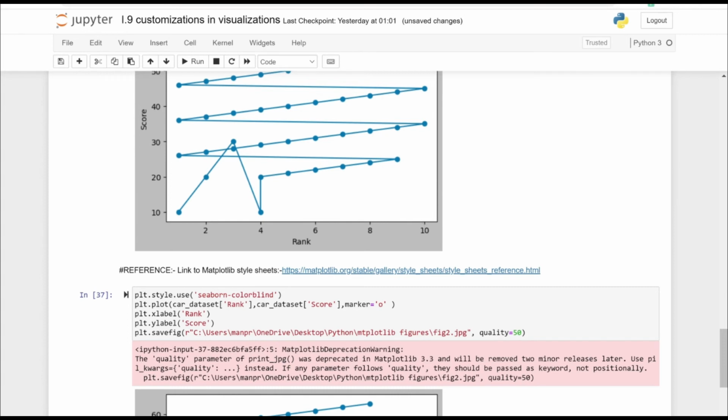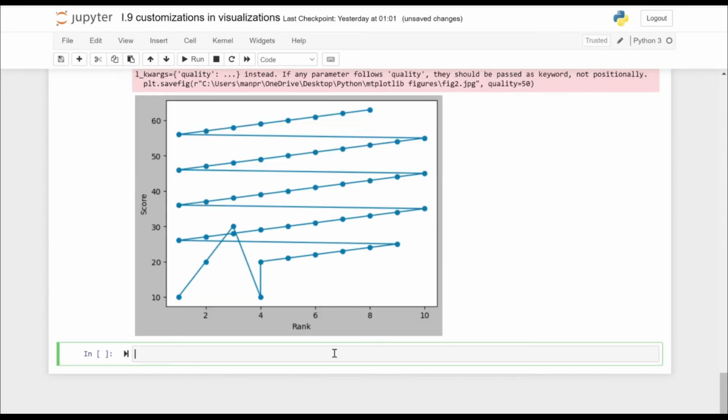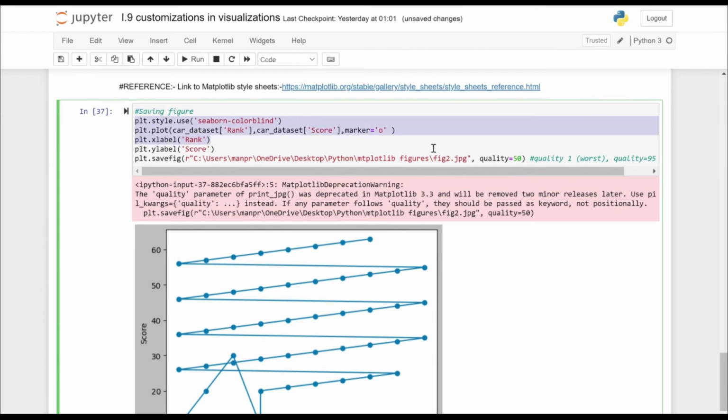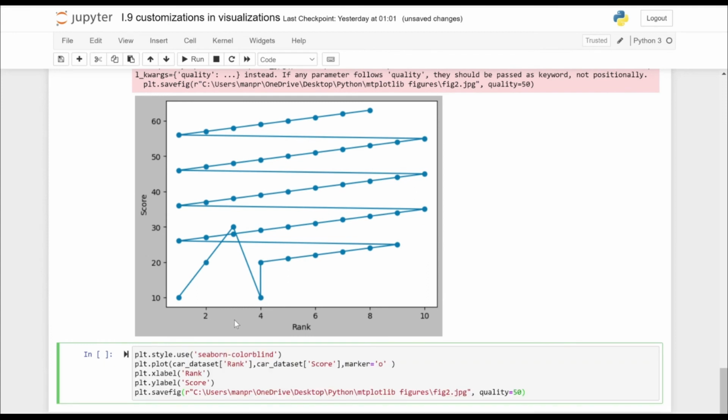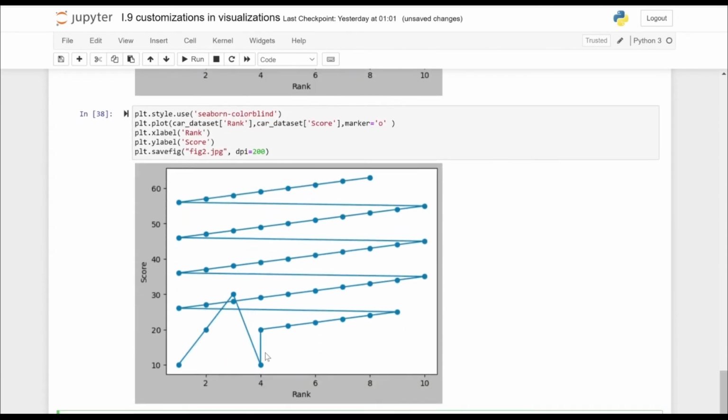Okay, now let's see how we can save this figure in a local directory, that is, in the Jupyter Notebook. So I'm just going to copy and paste the above code, and instead of the path to the directory, let's just put the figure name. By default, it's going to save in our local directory here at the Jupyter Notebook. So let's put it as figure 2. Instead of quality, now let's test it with the DPI, that's the dots per inch. So let's maybe put it as 200. And if we execute the statement,